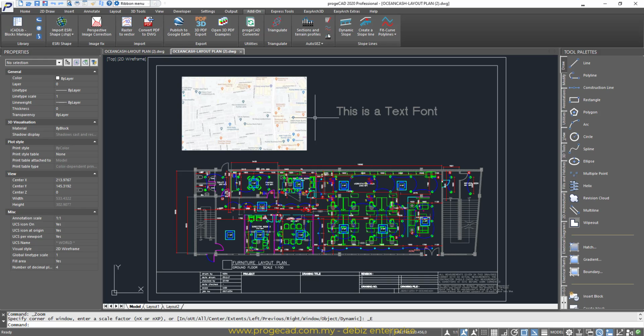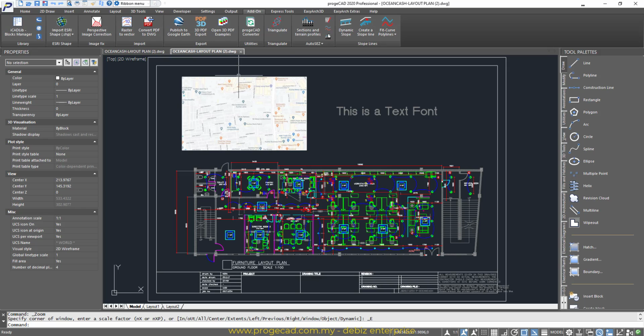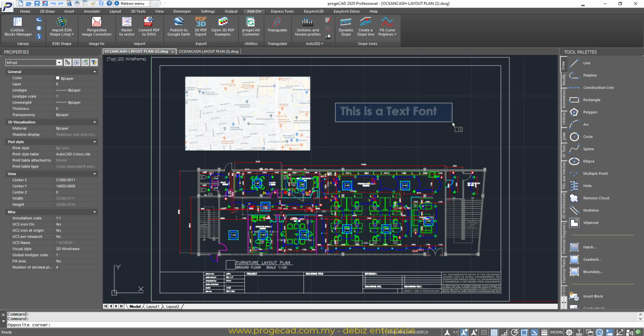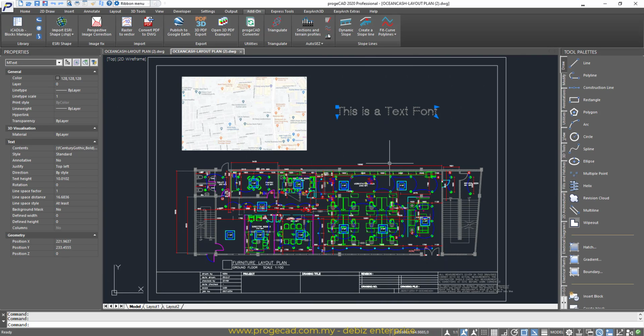So you can see the difference. There are slight differences which I would like to highlight here. First, as I said, if this is an image file, the converted DWG will be an image file as well. Second, the font may not be converted accordingly. This font will be replaced with the standard font type. Just bear in mind, certain fonts are not converted accordingly and will be replaced with the standard font which is available in ProjectCAD.